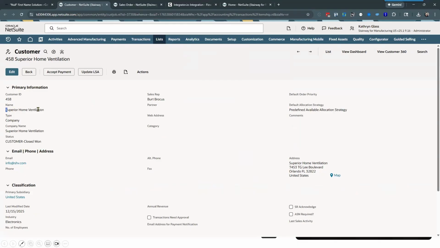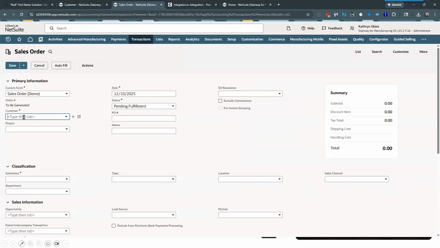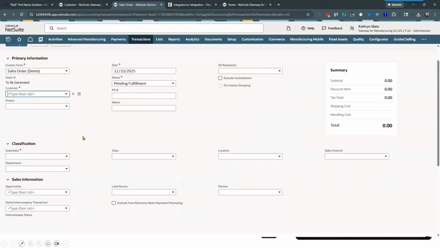Okay. But I'm going to set this customer on that sales order. So when I go to create a new sales order, I put in the customer. Now, what I want you to notice is that there are some fields down here that are not populated right now. I'm going to put in that customer record, and NetSuite will pre-populate some of these fields based on data from